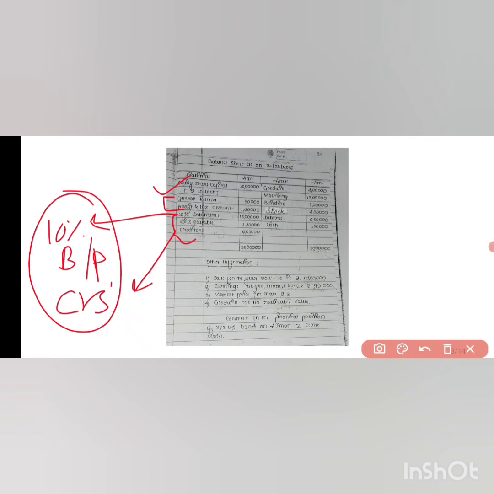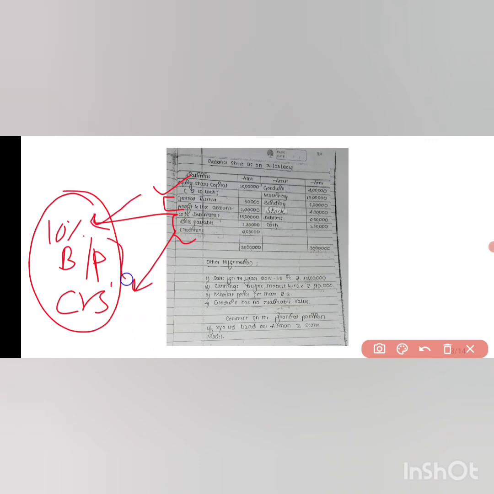We just took this information. We know these are related to retained earnings, and now only 3 points have remained. First is the 10% debenture, which is a long-term debt. Next is bills payable, which is a current liability, as well as we can call it short-term debt. And we have one more piece of information, that is creditors, which is a short-term debt, as well as we can call it current liabilities. So all these 3 will be considered as the total debt.